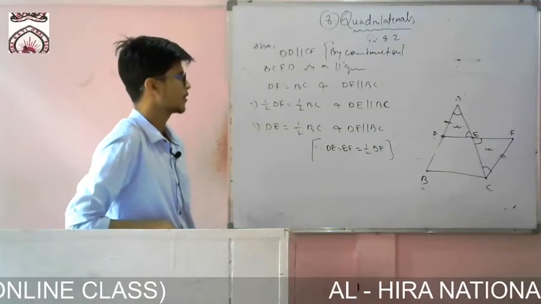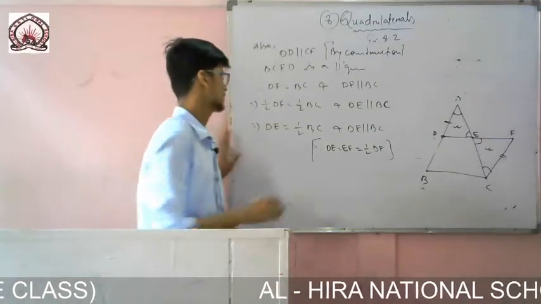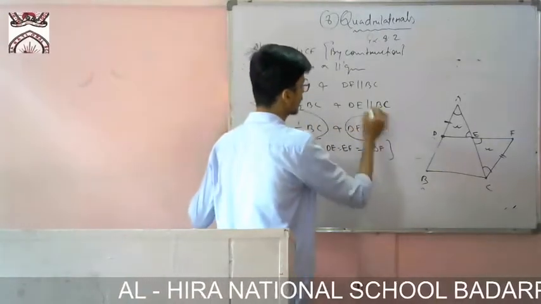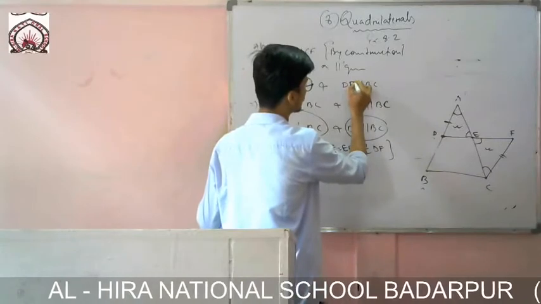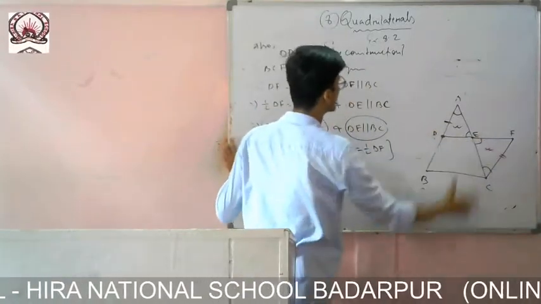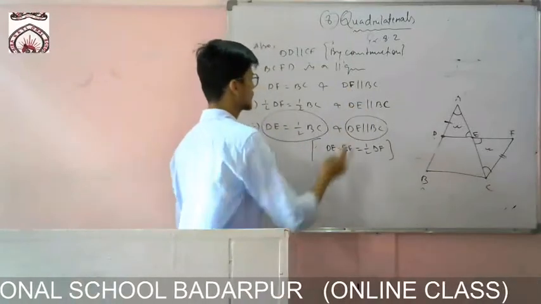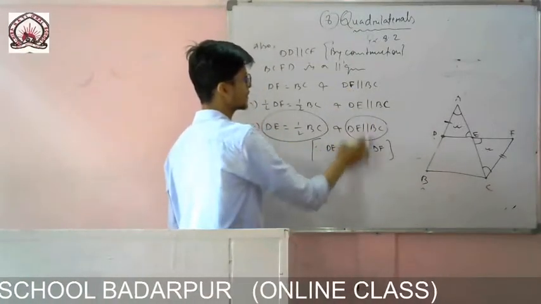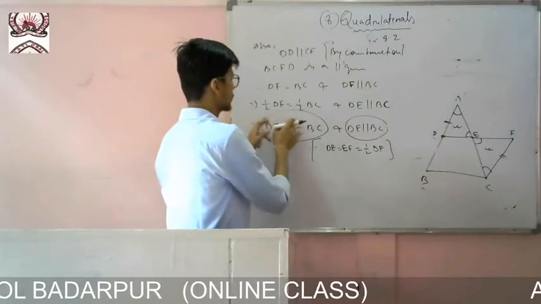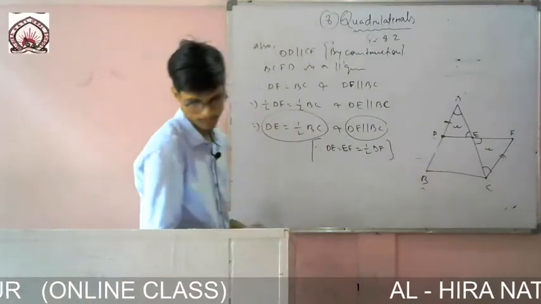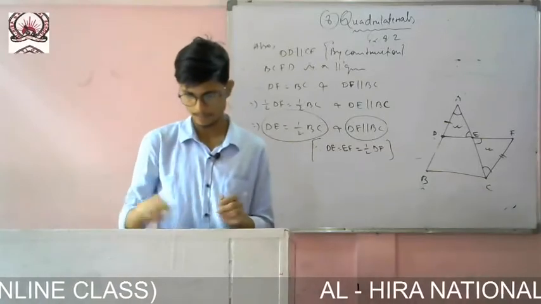So now we have proved that this line is equal to half of this one, and it is also parallel. Whether it is DF or DE, it is the same line. So in place of DF I have written DE. There you be careful. Then we have shown that half of DF, it is DE, and half of BC it will be same. So we have proved the theorem.